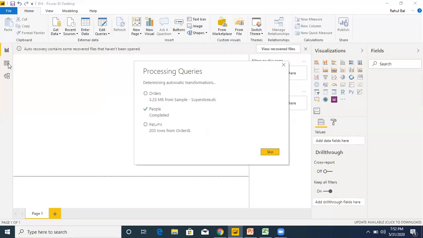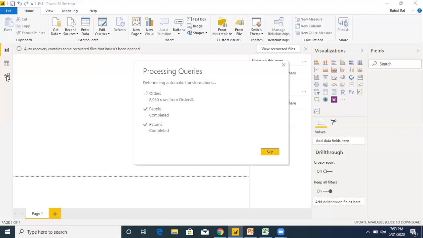In the data section, we can process on the data, or we can modify the data, and in report we can have multiple visualizations. You can create relationships between the multiple queries in model part, which is third part. So it is used to create the relationships between the queries, between the tables.